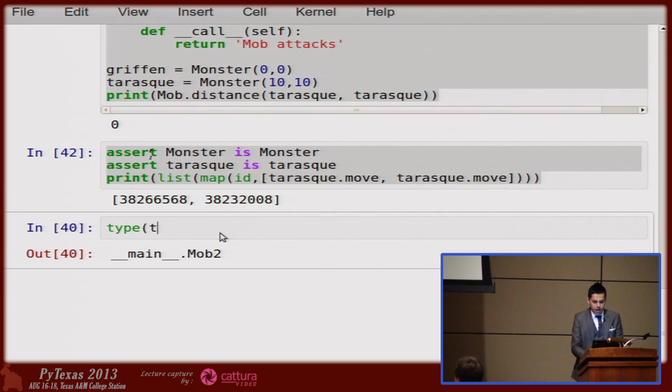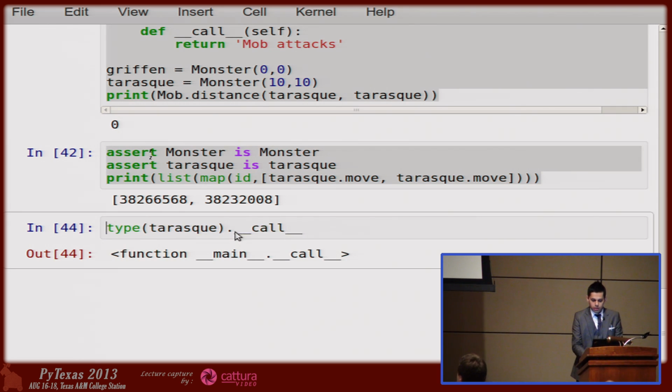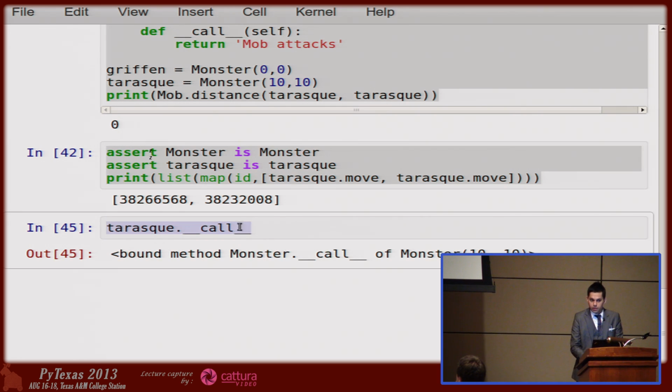And what's the type of a Terask? It's a monster, right? And this is an object itself, and this has a function called call on it. Terask also has a function called call on it. You'll see that it's just a bound method of that. I cannot reassign an underscore method on an instance. I can reassign an underscore method on a, so I'll do this, equals,